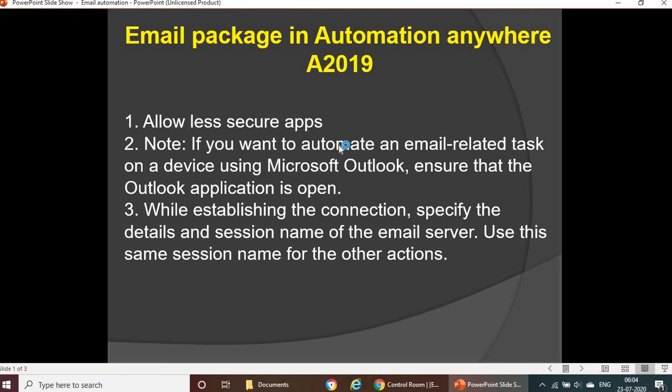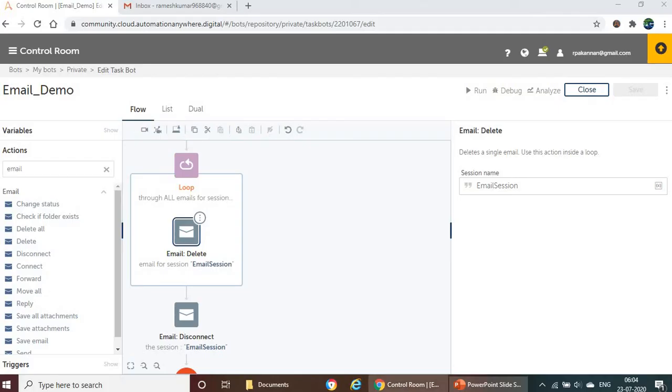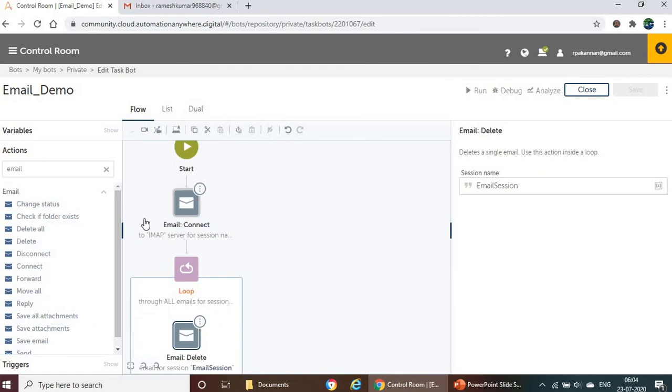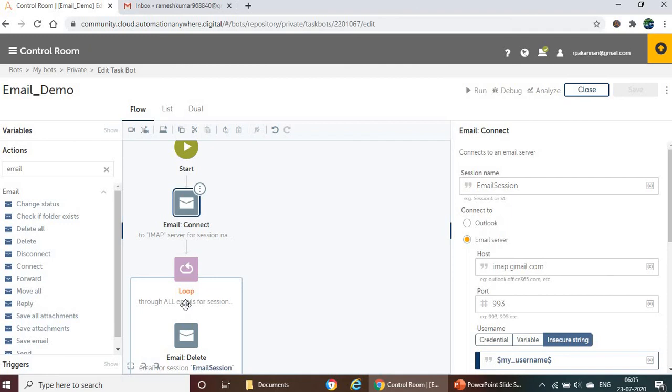As for the logic of why we are using the IMAP address as well as the SMTP, it's a basic logic. You may get confused when there is a forward or reply, because in this connection we are using the IMAP and in the forward we are using the SMTP.